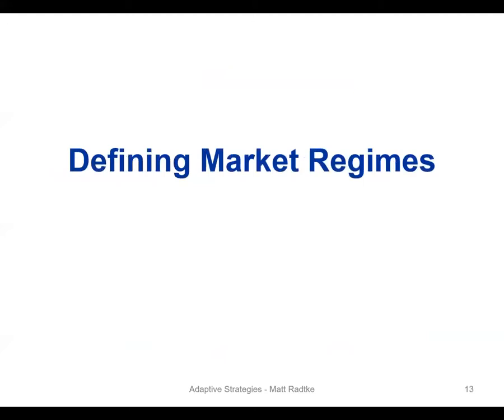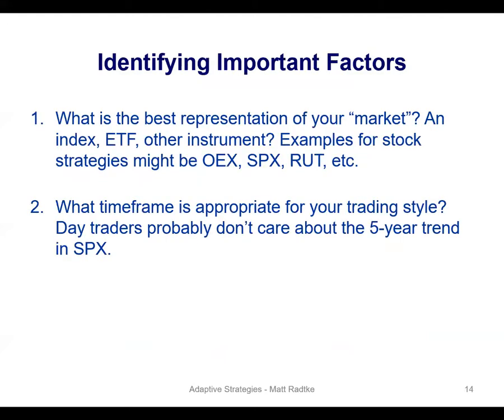All right, so step 1, defining market regimes. The first thing that you need to think about if you're going to build an adaptive strategy is, what is your market? If we're going to make our strategy change its behavior based on the state of the market regime, then you have to have some concept of what the market is. So if you're trading stocks, it's likely that you're trading mostly stocks from a particular index. So that index as a whole could be your market. So OEX, the S&P 100, SPX, the S&P 500,